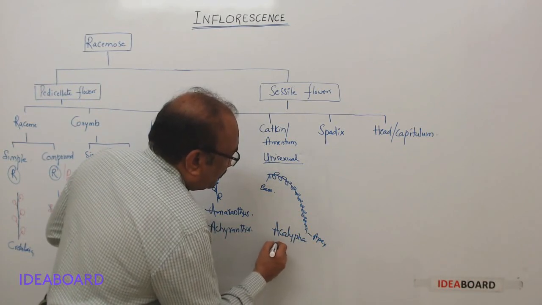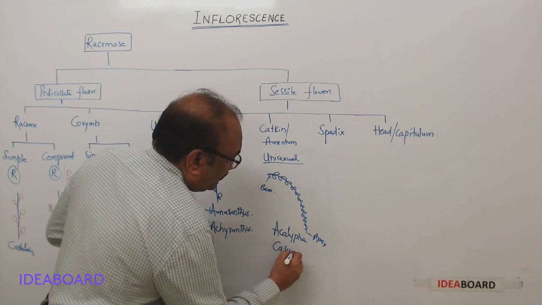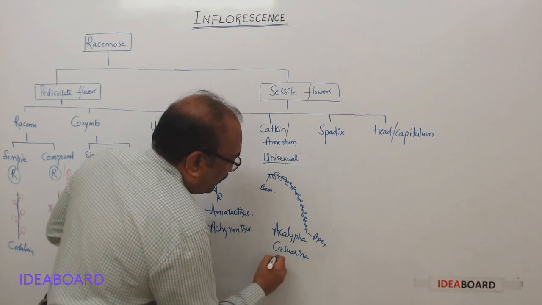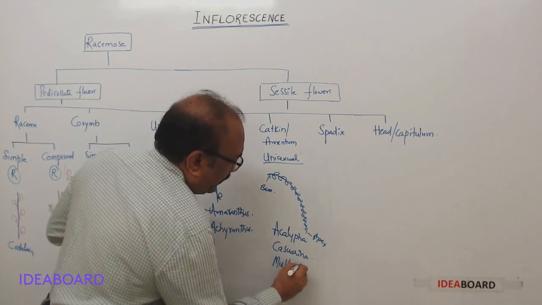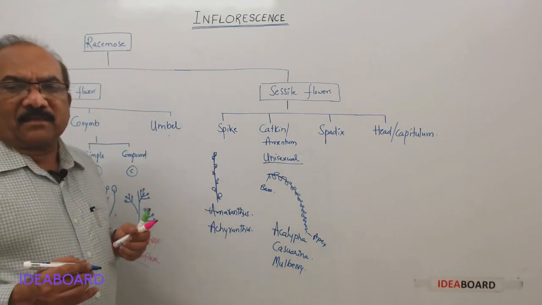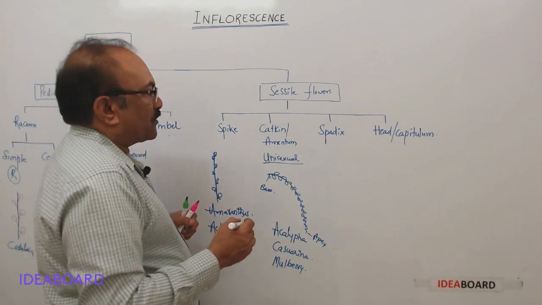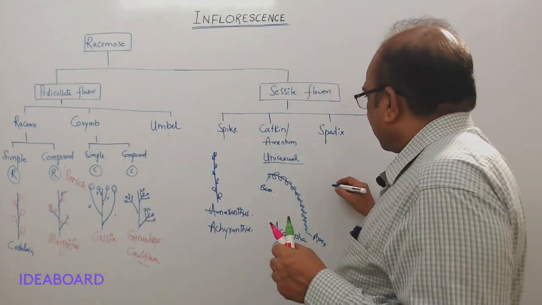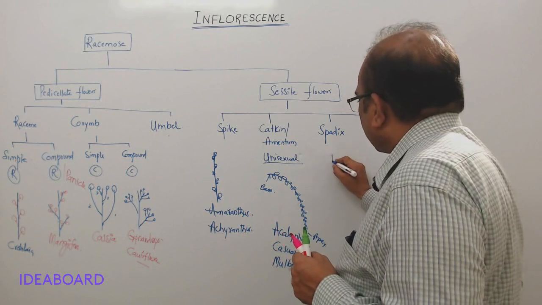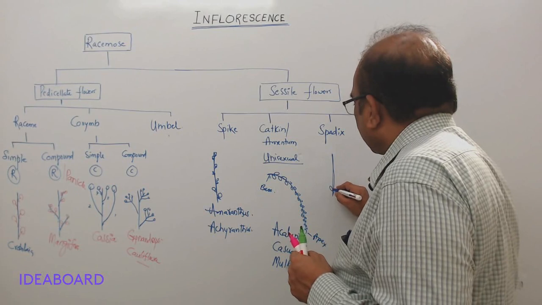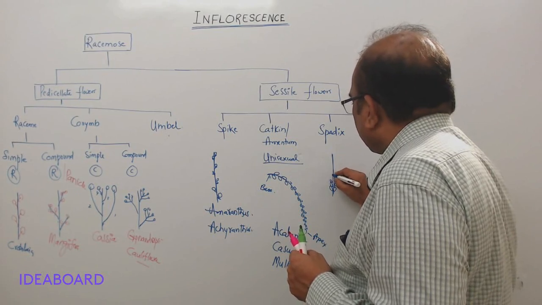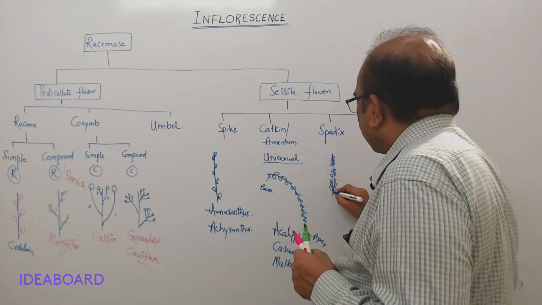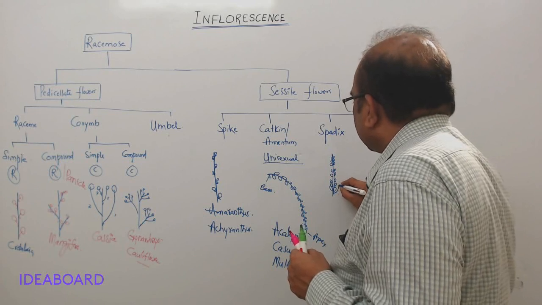and Casuarina, and also mulberry. All of them show this catkin type of inflorescence. And of the spadix, in the spadix inflorescence, you will find one structure, a protective structure formed by one modified bract,